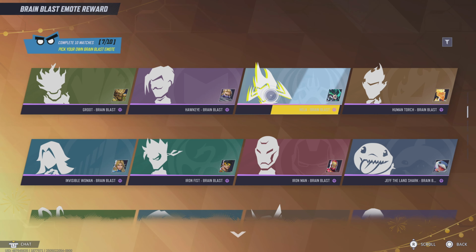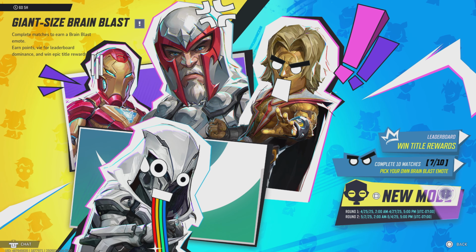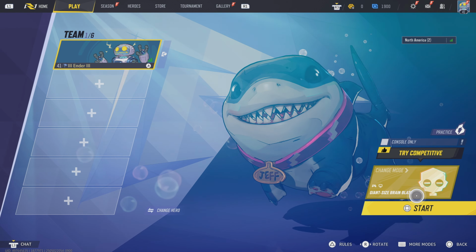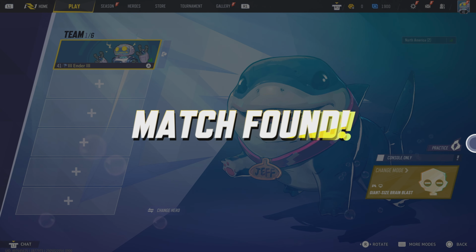We want to unlock it, so 3 more matches. So why don't we play it again right now? Yeah. Click the square button here. Click, and click start. And we do have to lock in Jeff immediately if you want to play him, because